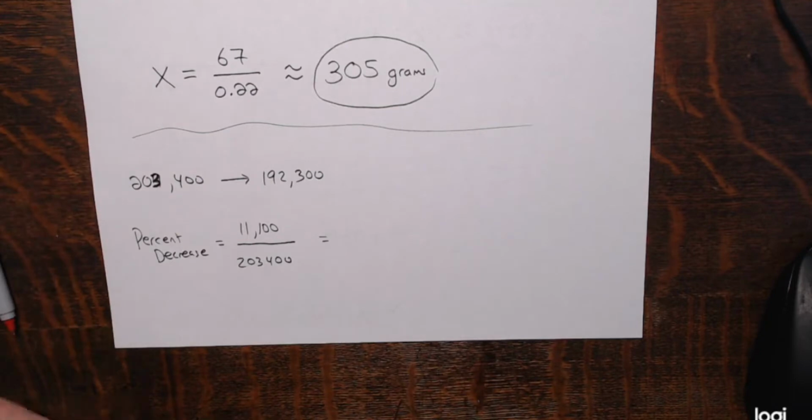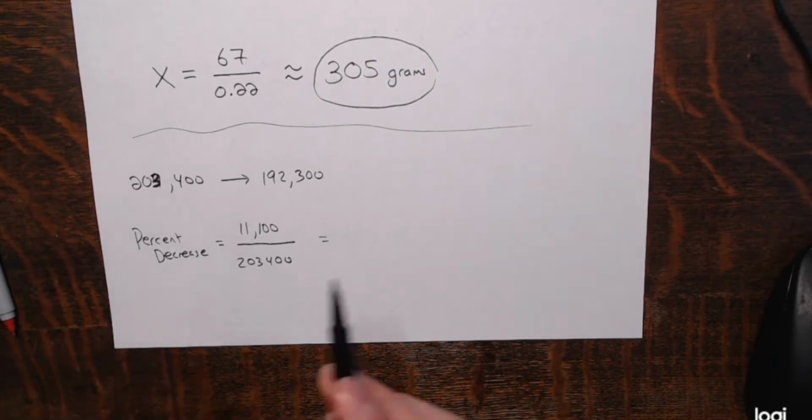So again, I've got a calculator in my hand. 11,100 divided by 203,400 is about